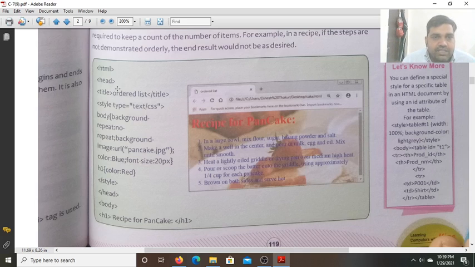Now you can see the code. HTML, head open. Now set the head title, the ordered list. Now style, this is the internal style tag open. Type equals to text/css. Now for the body background we set background repeat, no repeat, means don't repeat the image. Background image url pancake.jpg, color blue.